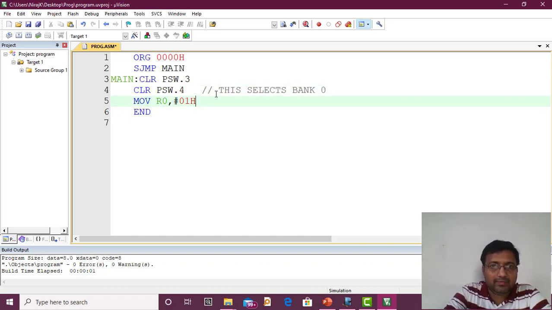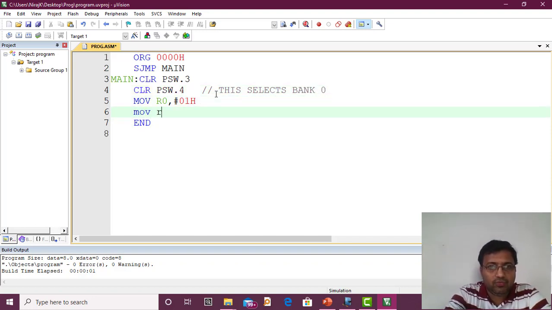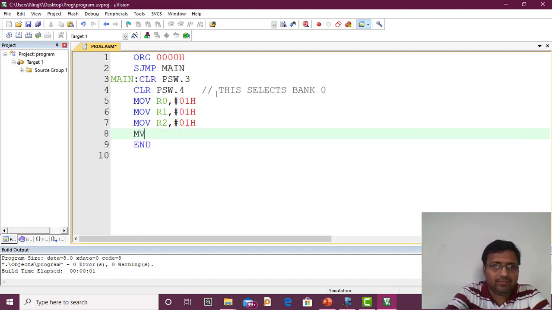Then we load the data: MOV R1, #01h, MOV R2, #01h, and MOV R3, #01h. We load only 01h, and we'll use only 4 registers.